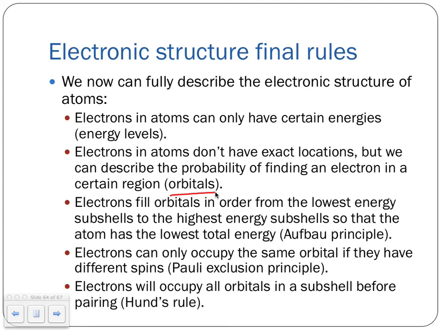So it's just a specific region. Those were those weird shapes that we've seen before. Next rule, electrons fill orbitals in order from the lowest energy subshells to the highest energy subshells, that's the Aufbau building